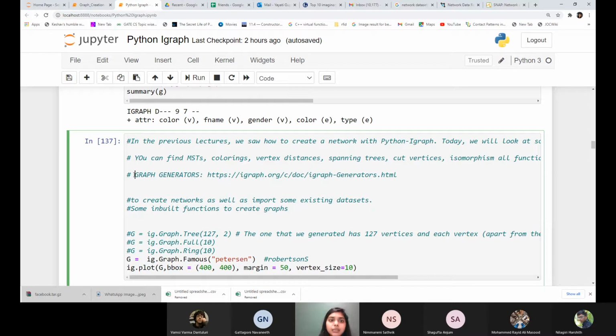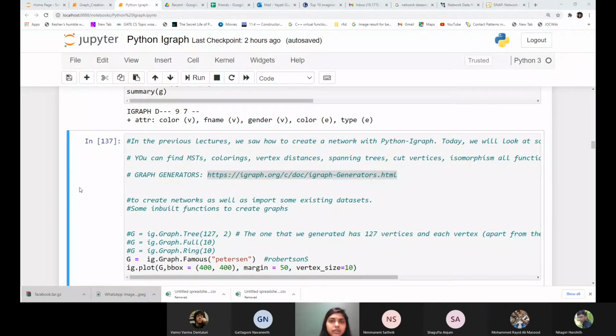Before doing that, let's look at some of the graph generators. Whether you use iGraph in R, iGraph in Python, or NetworkX in Python, you have certain functions for some typical graphs we use. Some typical graphs are star graphs, complete graphs, complete bipartite graphs, cycle graphs, and path graphs. For such simple and organized graphs, we have some inbuilt generators. Take a look at this. I'm going to copy it in the chat window, and I'm also going to show it here on my screen.